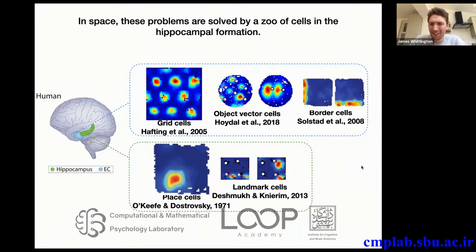So it's been seen that each of these cells is its own beast, a beast in its own right. And they all ended up with a Nature paper, and they're seen as separate entities. But what we're going to try and argue is that they perhaps all come out of the same framework of relational abstraction and relational inferences. Okay, anyway, away from space,